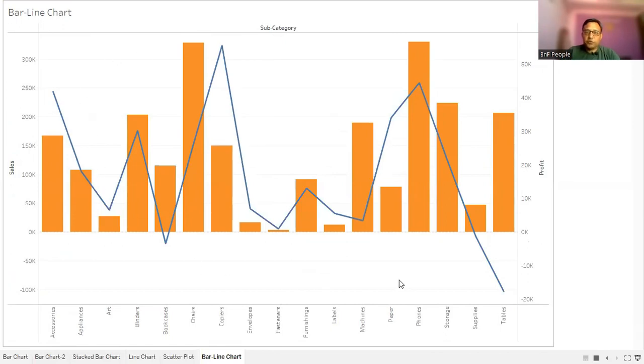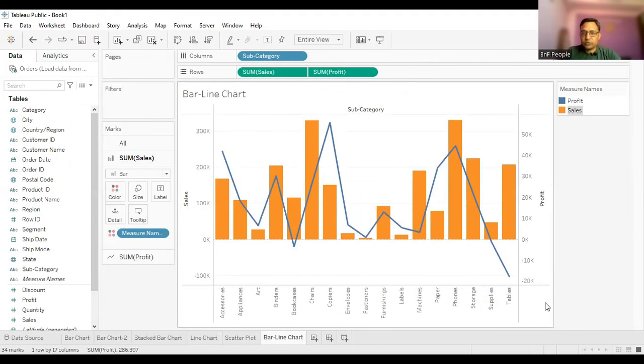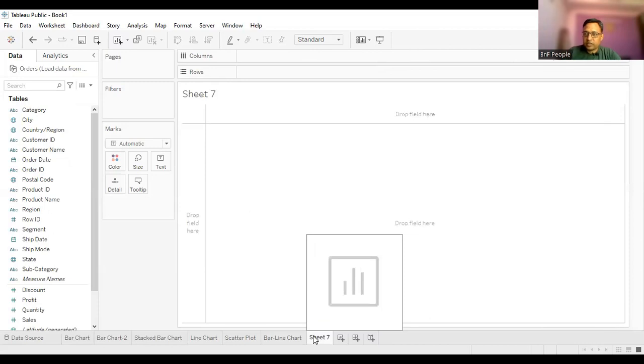See how beautiful this chart is, and how beautifully it categorizes things. That is how the line chart shows the rapid change in the profit, whereas the bar chart shows the sales, how it is changing, right? So it's interesting to impress your clients through this type of charts. Now moving forward with our next chart,